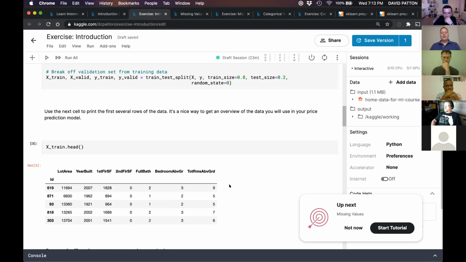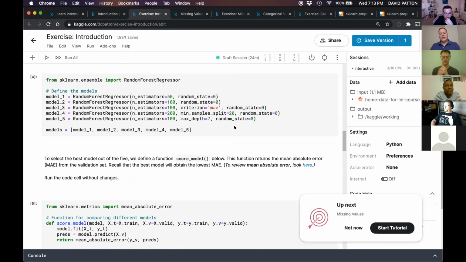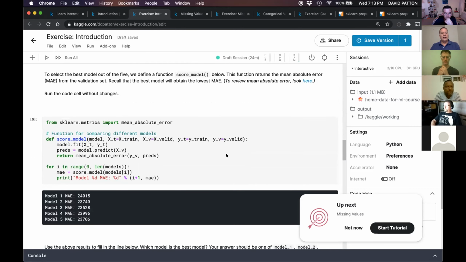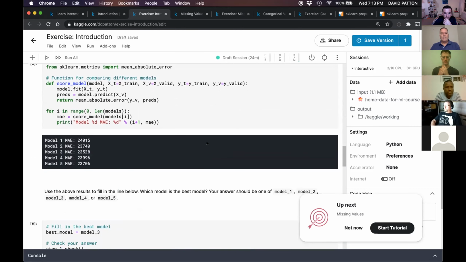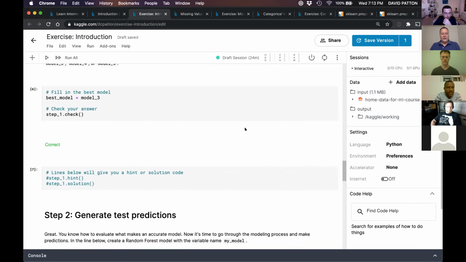In some types of problems and data sets, we may be more concerned about being below or above the actual number we're trying to predict. But here, I just want to know how far away I am from the actual number, so the absolute value. So that's why we chose the mean absolute error as the metric we're using to evaluate our model. Does that make sense? Hope that answers the question. If not, follow up with me.